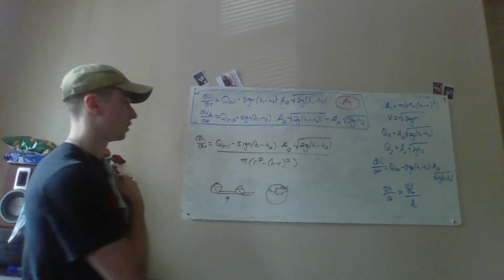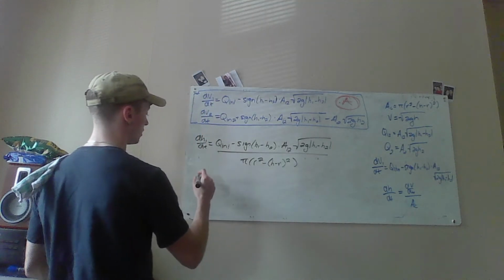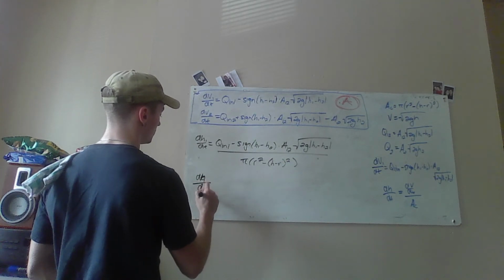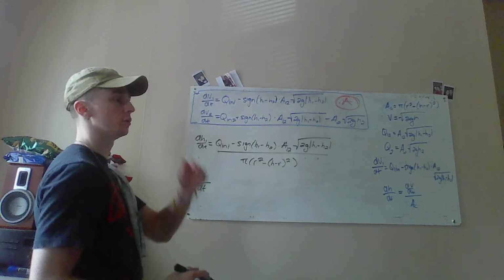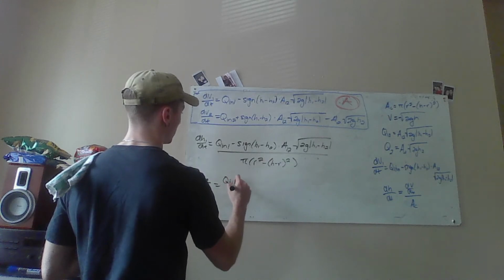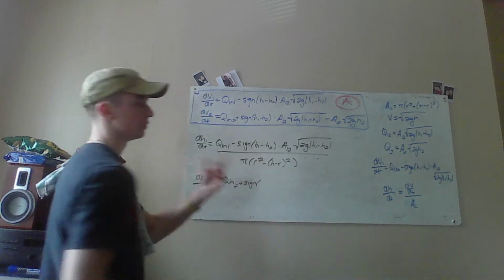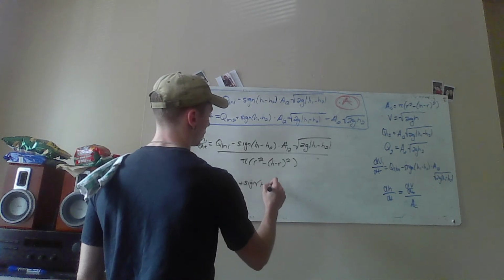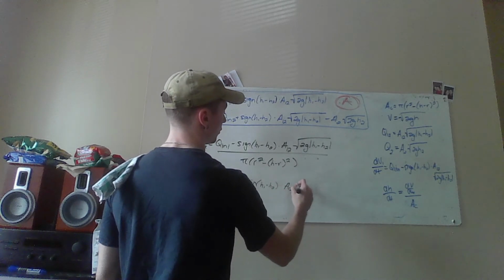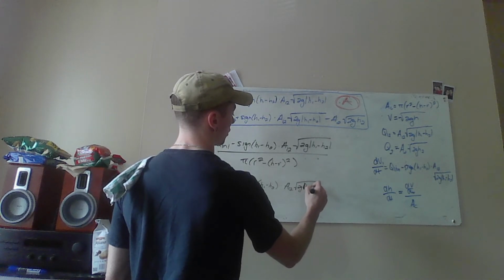So then, simply doing the same thing for the second tank, we can say that the change in fluid height with respect to time for tank 2 is equal to the flow of fluid into tank 2 plus the sign compensation, again if the height of the fluid in tank 2 is greater than height 1, times the area of the connecting pipe between tanks 1 and 2, times the square root of 2 times acceleration due to gravity times the absolute value of height of fluid 1 minus height of fluid 2,